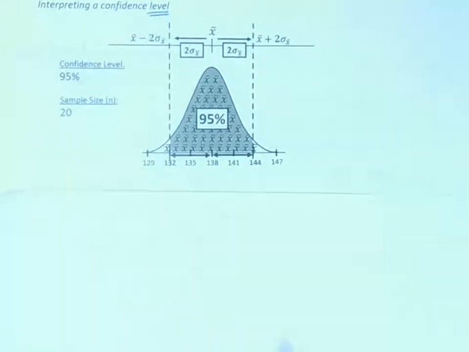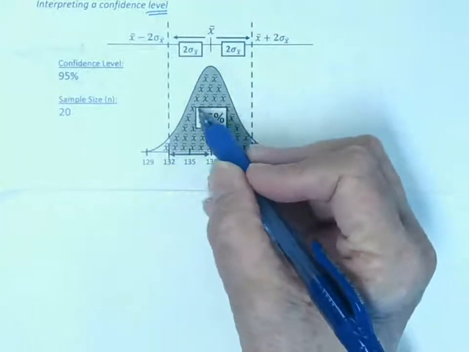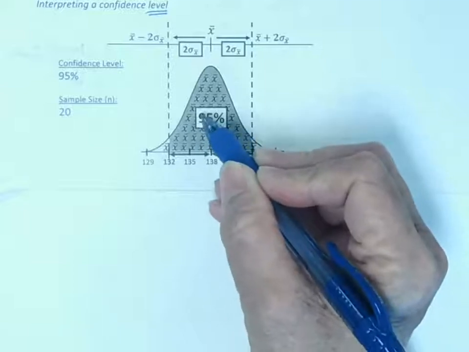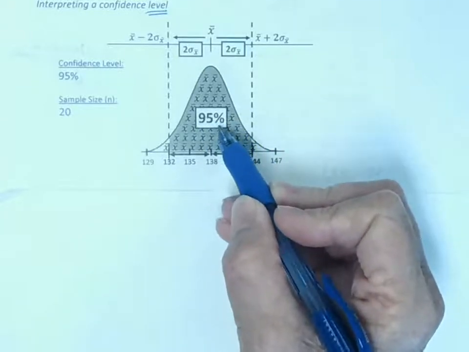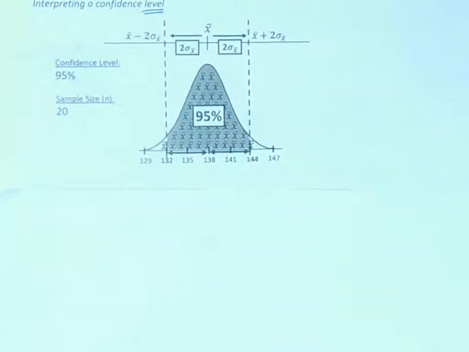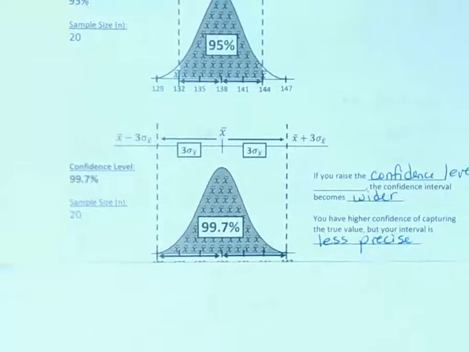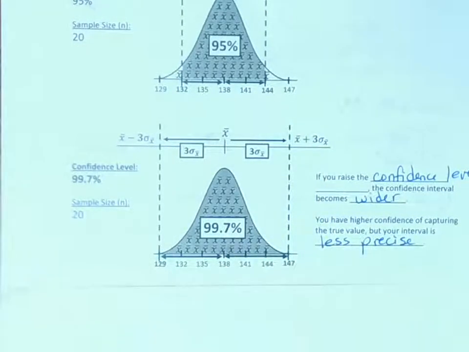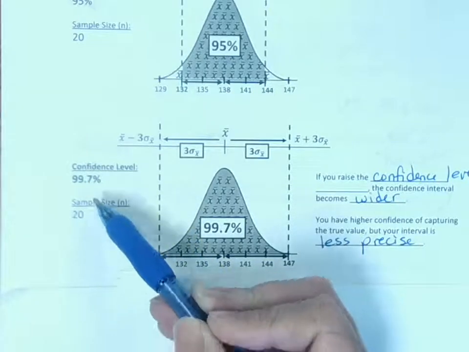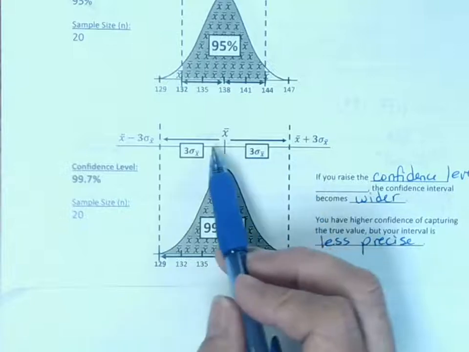So let's say that we sampled 20 different sections there. Okay, if I wanted to increase my confidence level, so if I want to go up to 99.7, I need to go out 3 standard deviations. So notice this is a little wider. This is the same scale here. So I've kept the same sample size, but I increased my confidence level because I went out 3 standard deviations